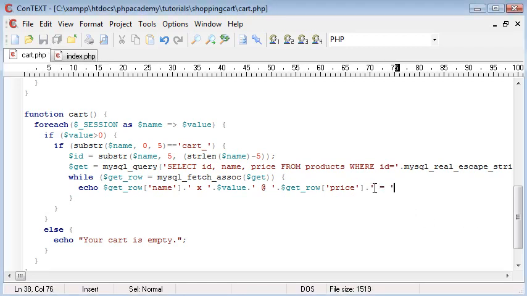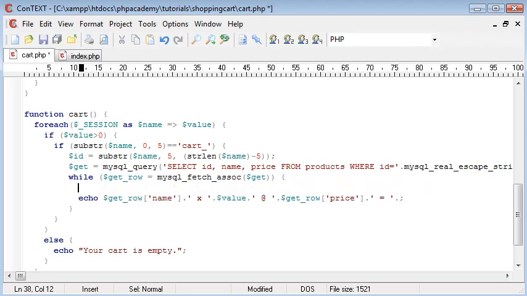Now we need to find a way to work out the total amount here. So total, this variable doesn't exist at the moment. Let's just concatenate that on. We need to work out a total by multiplying our items together. So if we've added, let's say, 2 lots of £2, that's going to be £4 in total. So we need a way to work this out. And the answer to this is just above this, we create a variable called sub. And this is going to equal